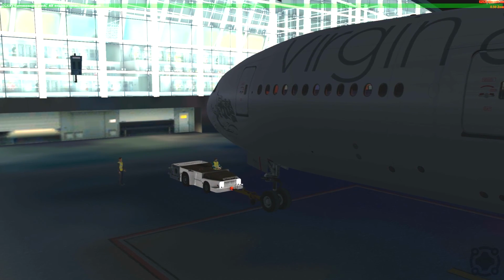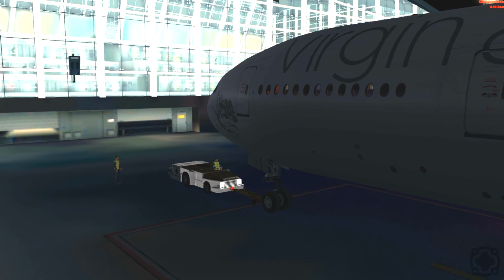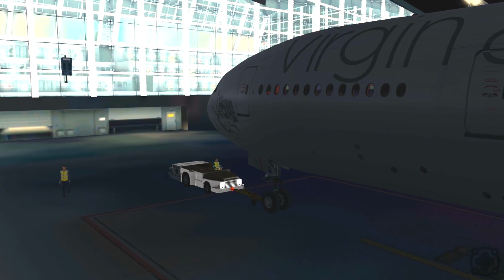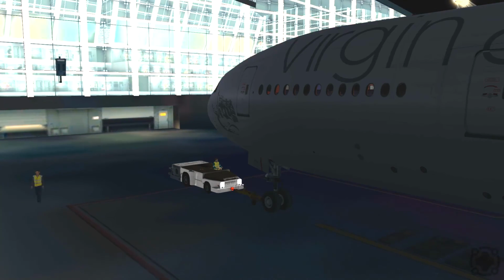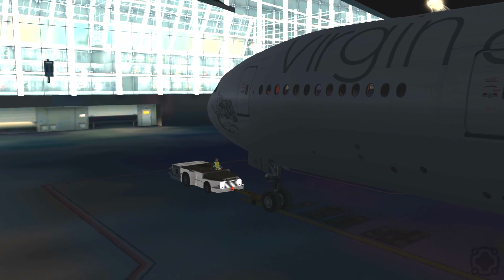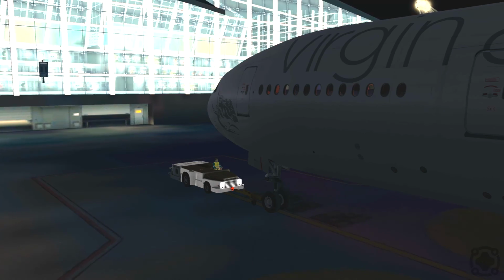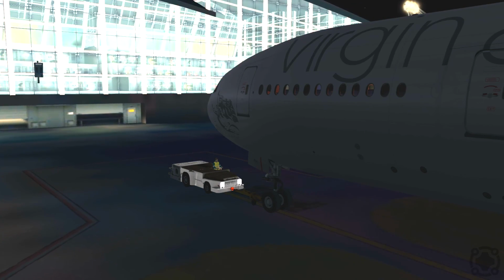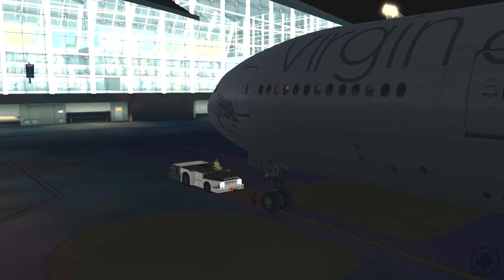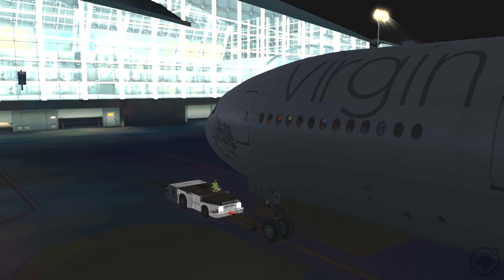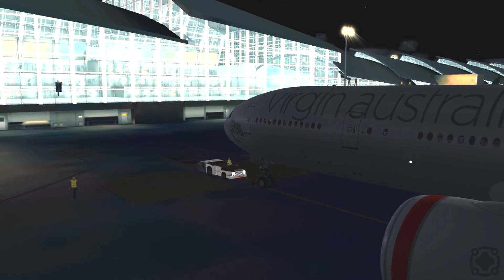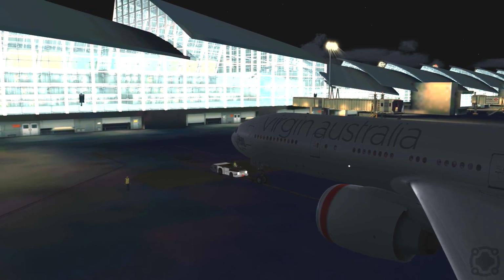So this is FS Dream Team's Los Angeles airport scenery, which is just a great scenery. They're very detailed. It looks very nice. So I always love using third-party scenery just because it can provide a better experience than some may be used to with just the default scenery, because you wouldn't have all these great visuals if you didn't have this type of scenery. So we're on the pushback here, which is actually going to take a while to push back, because